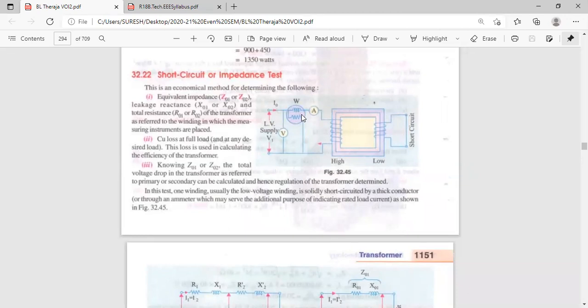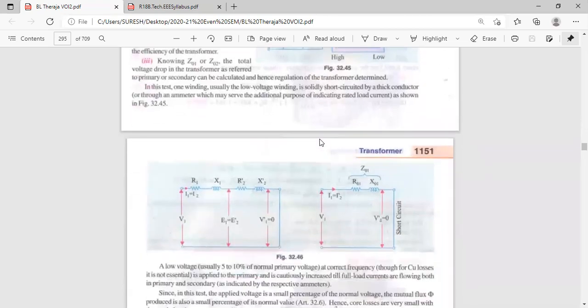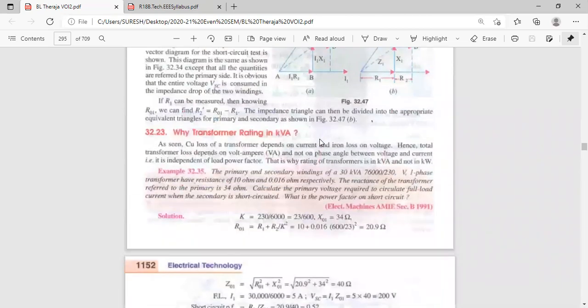There is a difference between open circuit test and short circuit test. In open circuit test, we will apply the rated voltage, 230 volts. But in short circuit test, we will apply rated current. In short circuit, current will flow. Voltage is 0 in the short circuit. That is, the wattmeter will give I square R loss, that is copper loss. In the previous open circuit test, it will give iron loss. But in short circuit test, it will give copper loss. That's all about these two tests. With the help of these two tests, we will determine iron loss and copper loss.